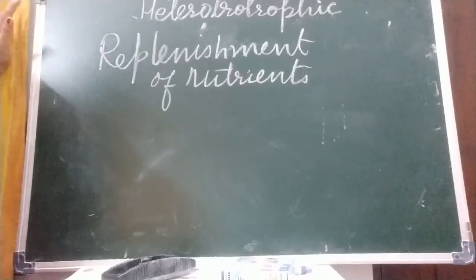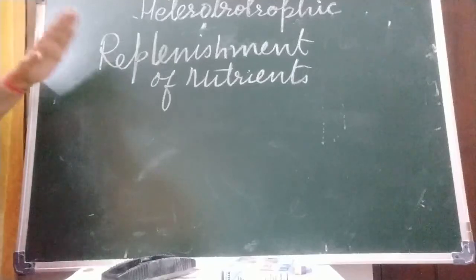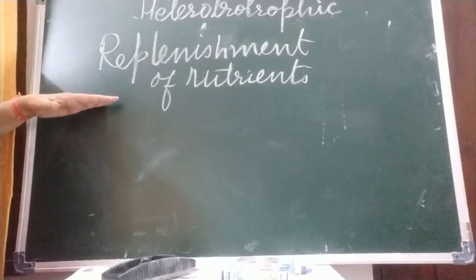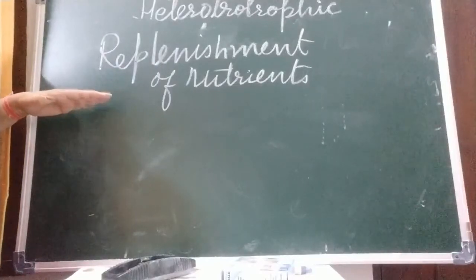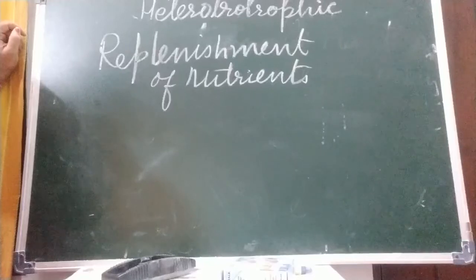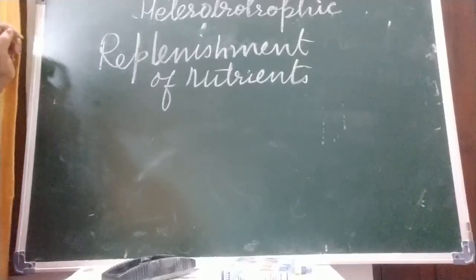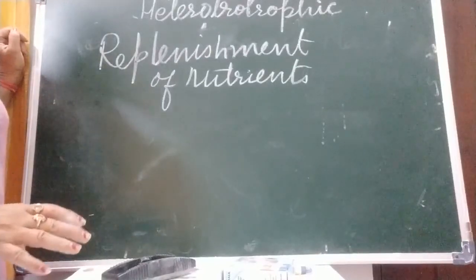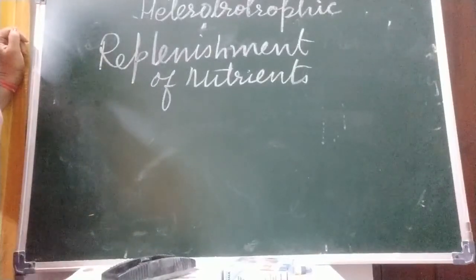So we use this. But the symbiotic association of rhizobium and leguminous plants replenishes the soil with nitrogen. So sometimes farmers grow leguminous plants alternately with other crops to restore the nitrogen content of the soil. So that is it, children. This was the quick recap of the lesson, and I will give you question and answer of this lesson, you do in your notebook.